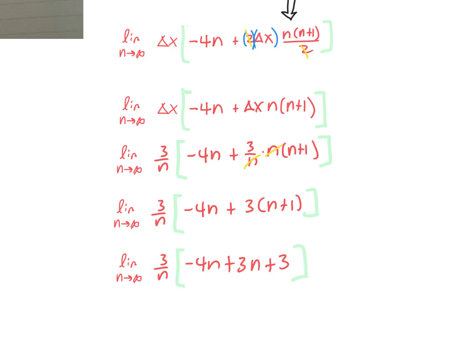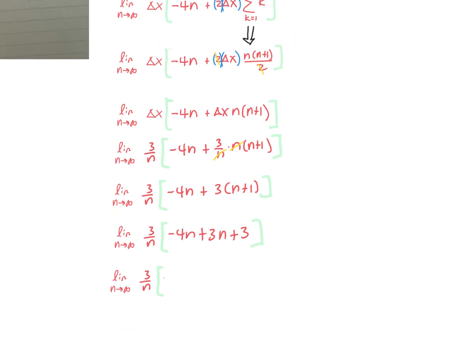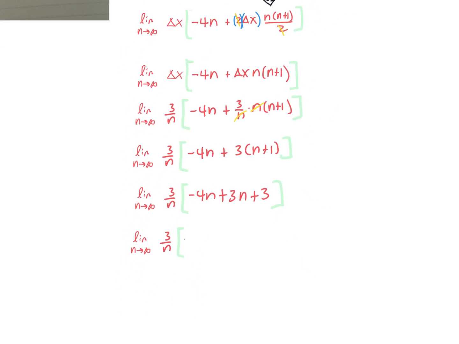And as a result of that, of course, we will end up with the negative n plus 3. And after distributing the 3n into that, I think we can all agree that's going to become the limit as